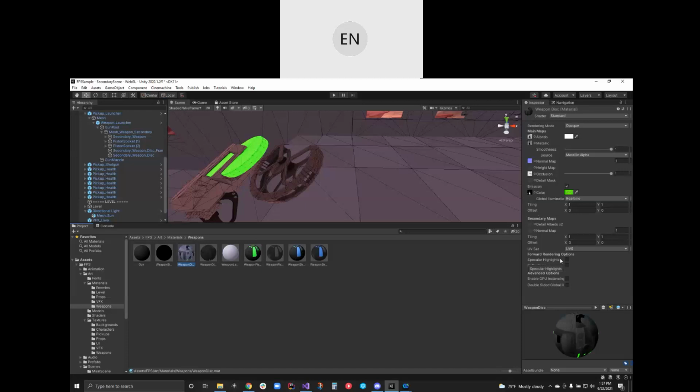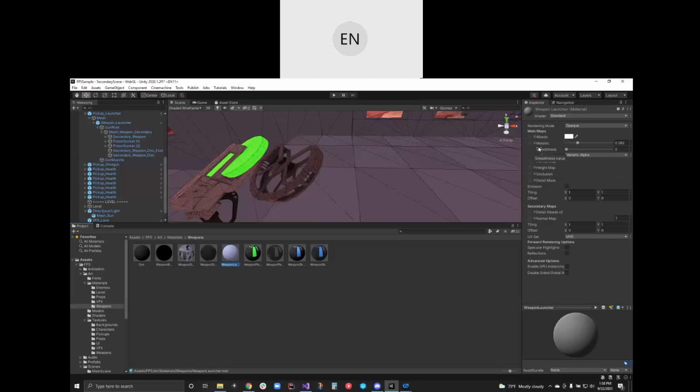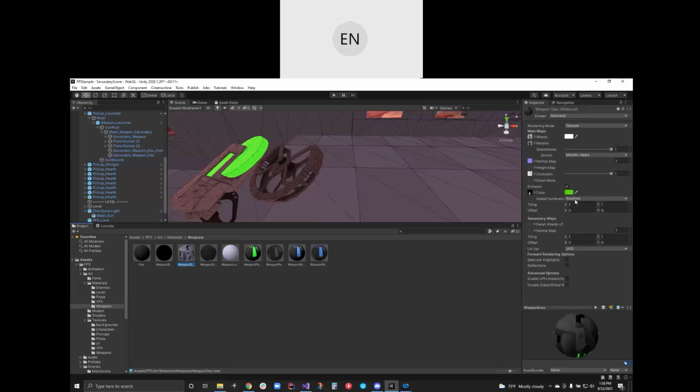So a material is like a customized shader. All the exposed public properties can be tuned to your heart's content, but the shader underneath is the same. So you can have multiple materials of the same shader. You don't need to keep writing out standard shader 1 for weapon disk, and standard shader 2 for weapon disk transparent, and standard shader 3 for weapon launcher. You don't need to do that. That's what materials are for. A material is just like keeping copies of the same shader, but with exposed properties that you mess with.